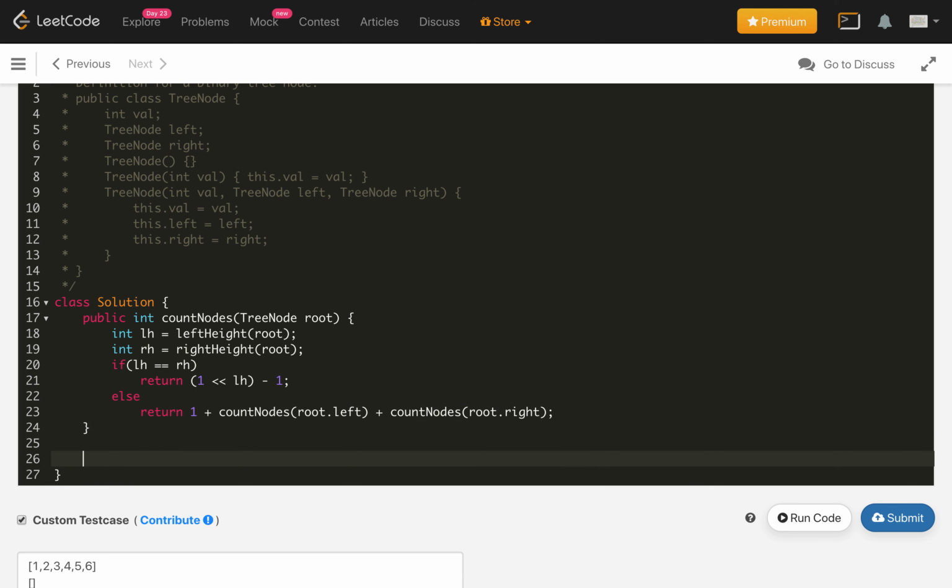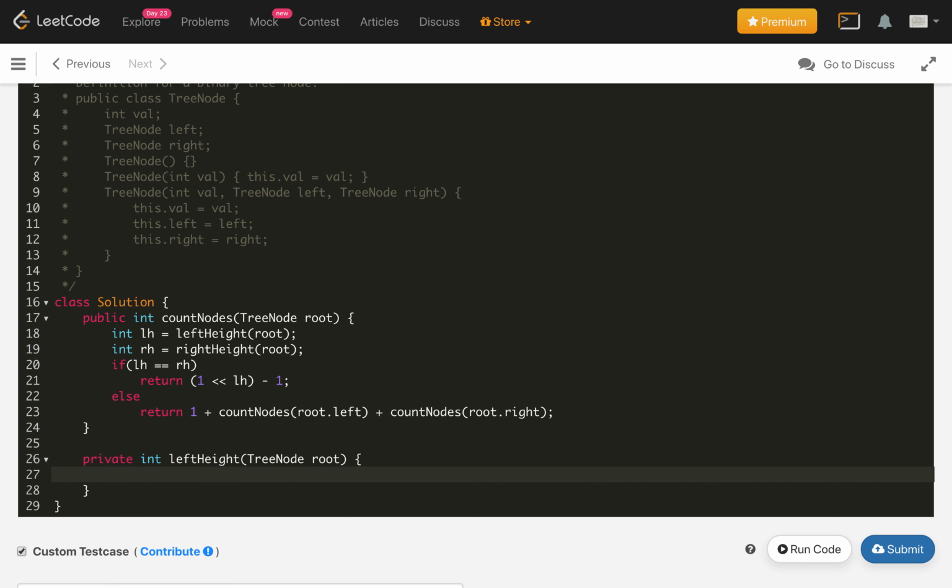Now we will implement our two methods. One is left height, where we get the tree node root, and we simply check if root is equal to null. In that case just return 0, otherwise return 1 plus left height of root dot left.